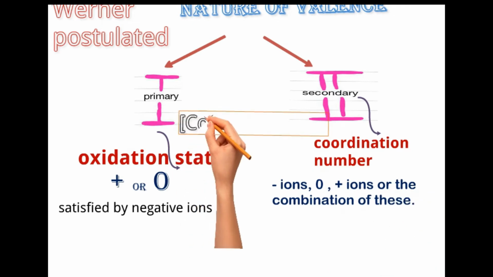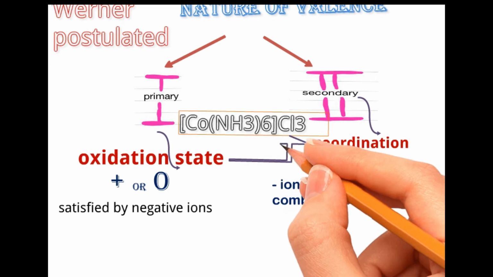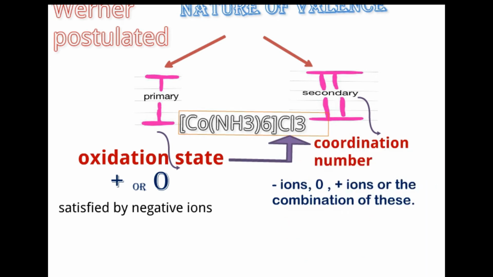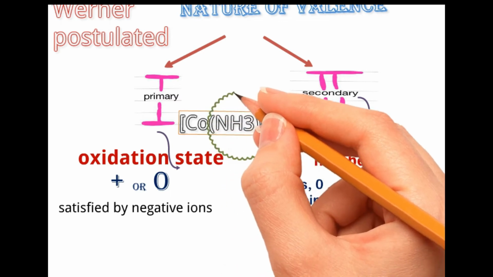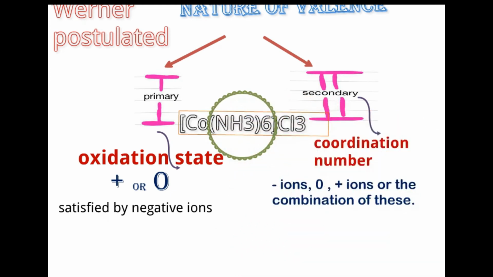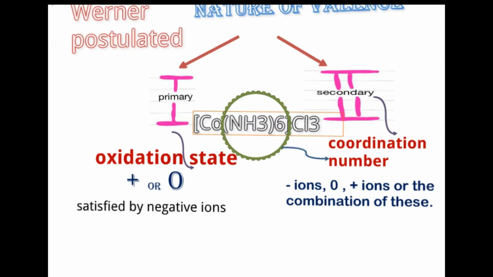Okay, in this example, here CoCl3·6NH3. Cl3 is the oxidation state of this complex, the cobalt hexamine complex. See, in the compound, what is out of the sphere is generally responsible for the oxidation state. Here 3Cl is present. This 3Cl is the oxidation state of this complex. And inside, 6 ammonia is there. This 6 ammonia is the coordination number. So here the primary valency is 3 and the secondary valency is 6. It's very easy to calculate the primary valency and the secondary valency.